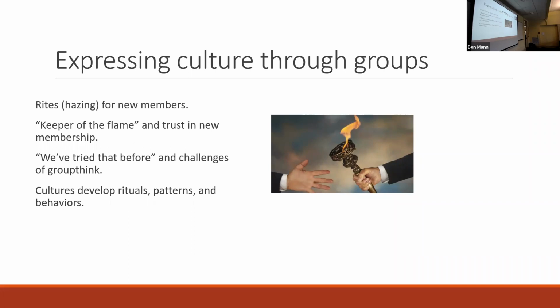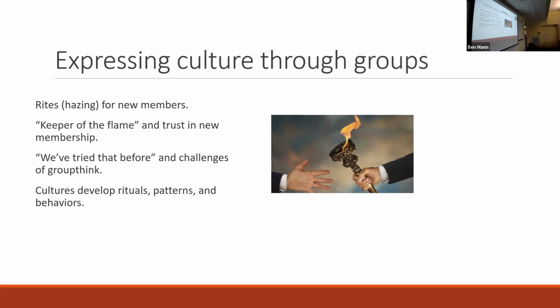An alternative approach is for older members to say, hey, we had to go through this, and we want to make it easier or more inclusive to new members of the group, so we're not going to require this. So sometimes there's a tension there between what older members of the group had to do and what newer members could do as they're joining and becoming a member of a particular group.